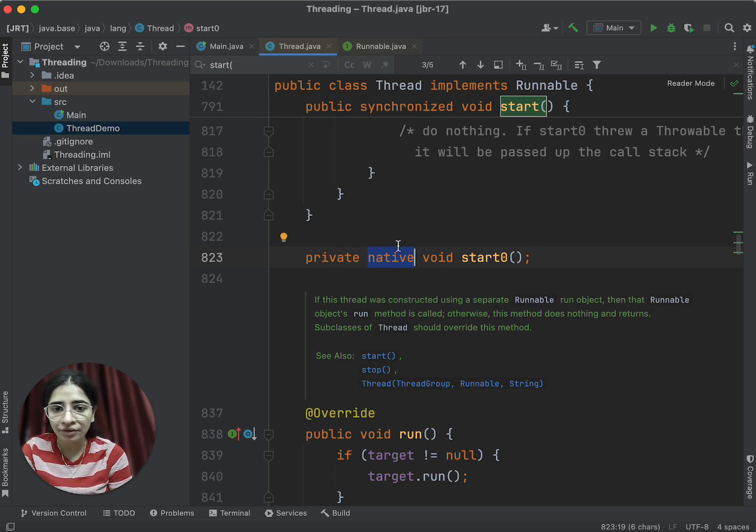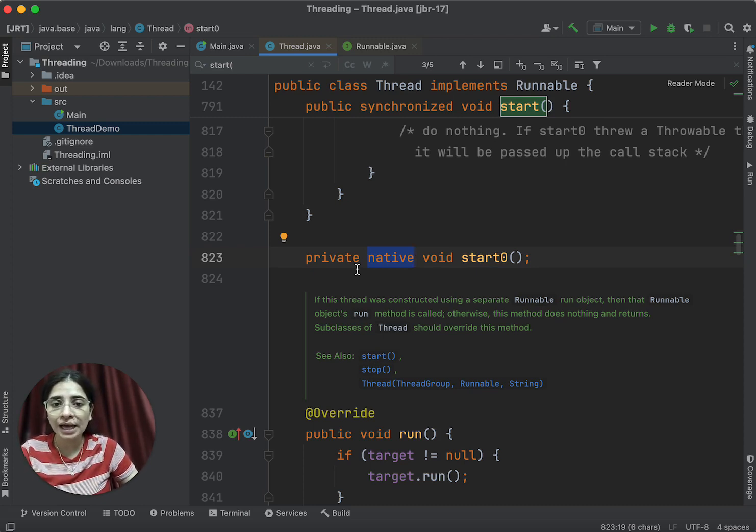What does this native keyword represent? Whenever you see the native keyword with any method, you can understand that the JVM is going to interact with the operating system, because JVM cannot create a thread only on its own. JVM has to communicate the same thing with the machine first.